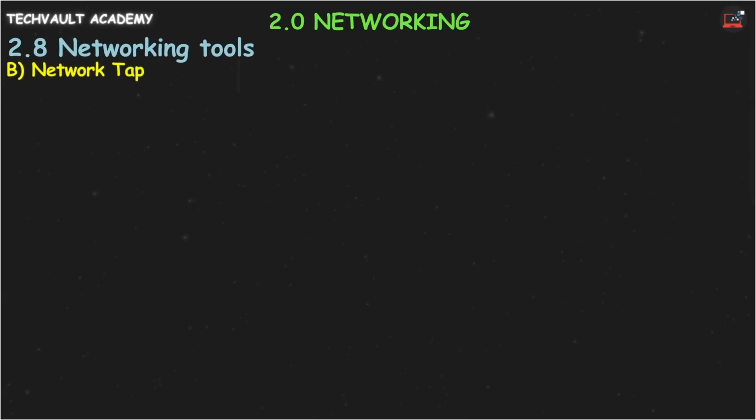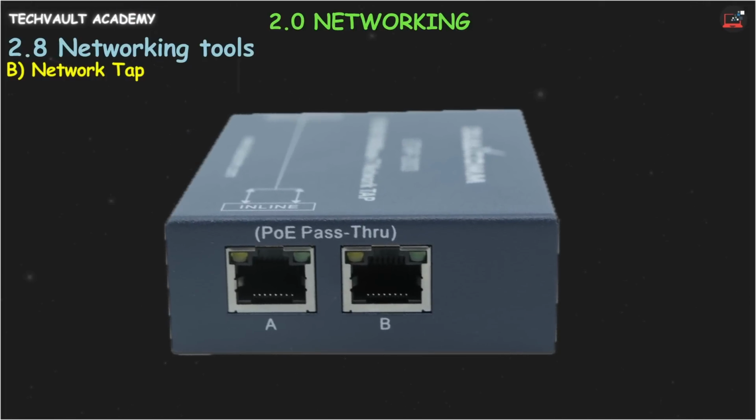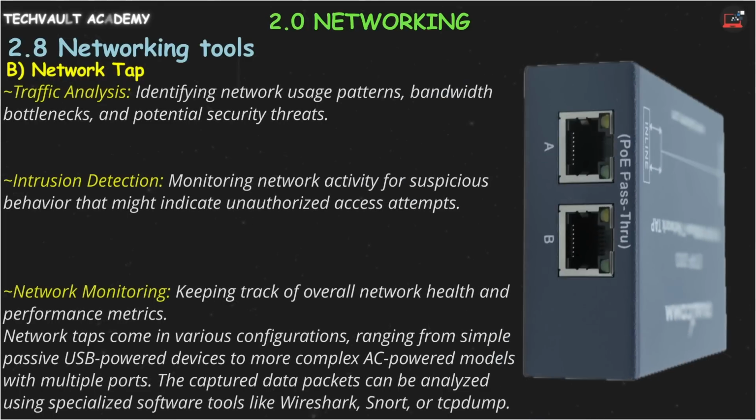2. Network tap, unveiling network traffic. Imagine a tool that lets you listen in on network conversations. A network tap is a physical device that extracts copies of network traffic from a specific port. This data can then be sent to monitoring tools for traffic analysis, identifying network usage patterns, bandwidth bottlenecks, and potential